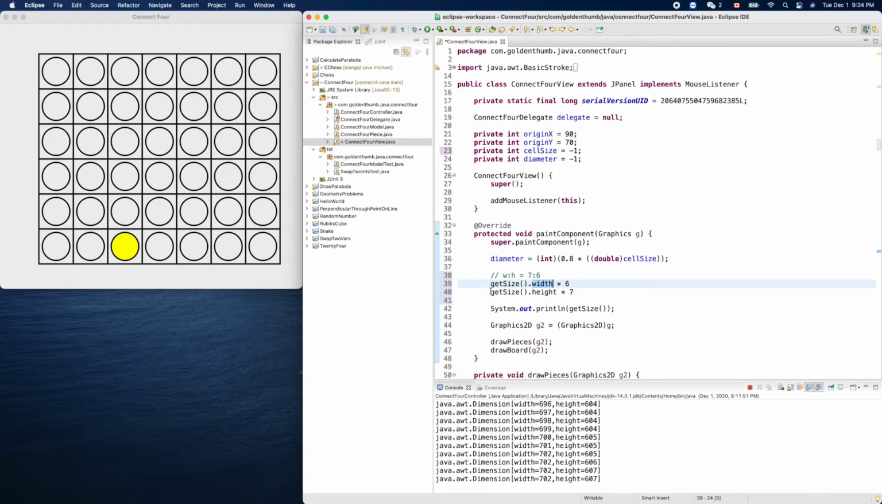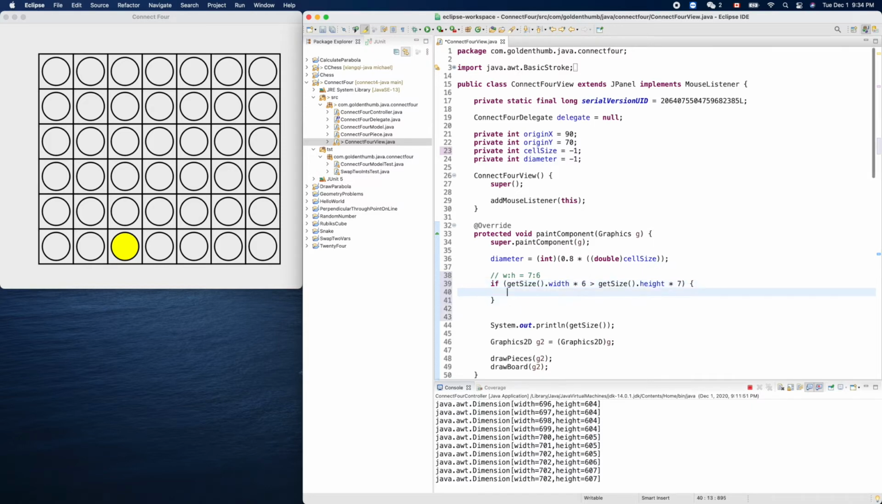So we want to check those two things, okay? So it means if this guy is greater than this one, we'll use the smaller thing, right? This guy, to calculate our cell size